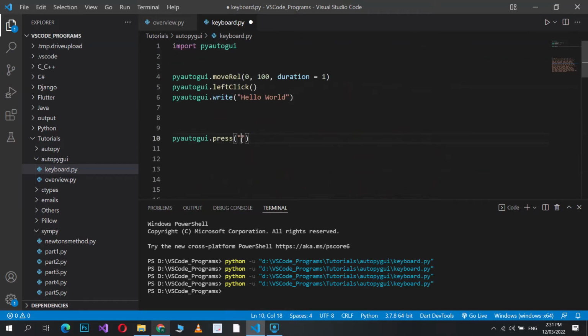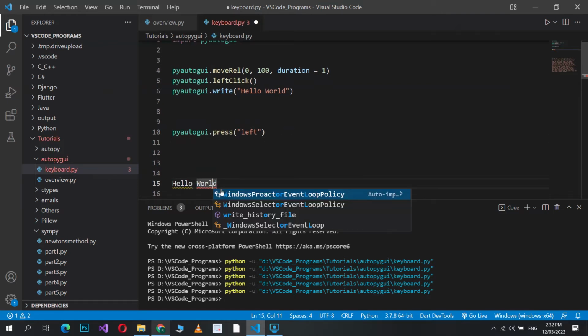Alright, so let's see what this function really does. I mean, it's pretty obvious. It just presses a key, but let's see how we can use it. Alright, so let's make it use left. I'm going to leave the cursor over here. You see the insert cursor, it's between the P and the R. If I just run this,